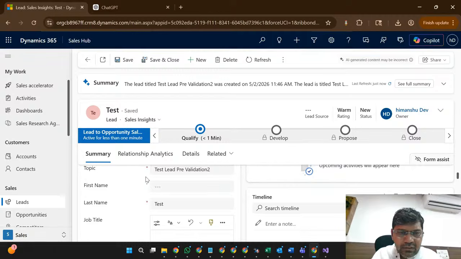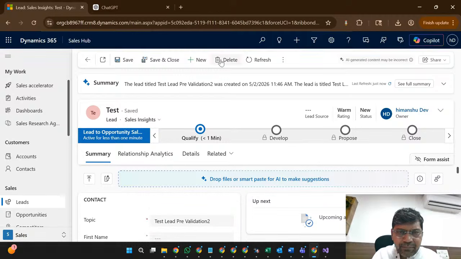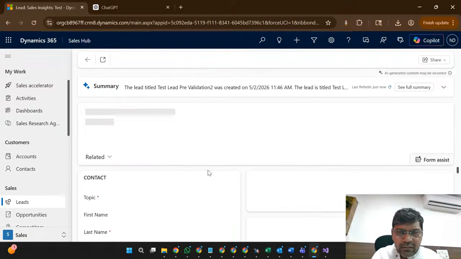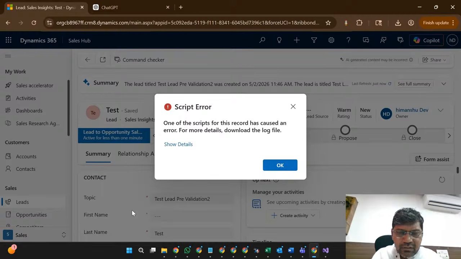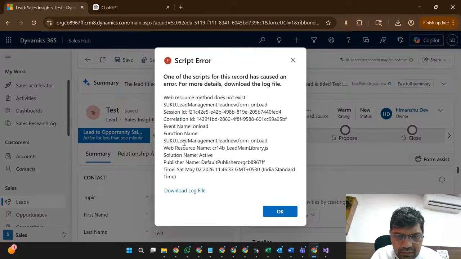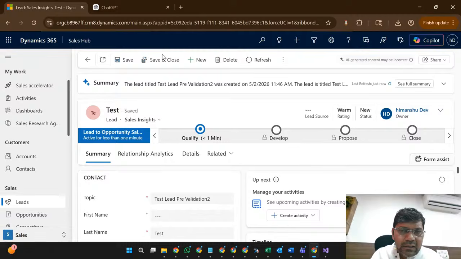Your code is written or not? Display. Can someone tell what is the issue here? Which particular event? Default does not SKU management from onload. Okay, let's remove that particular one from onload.